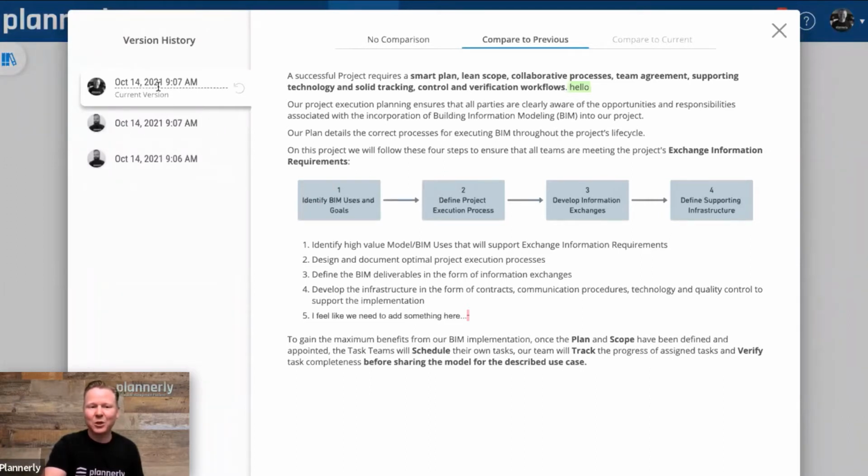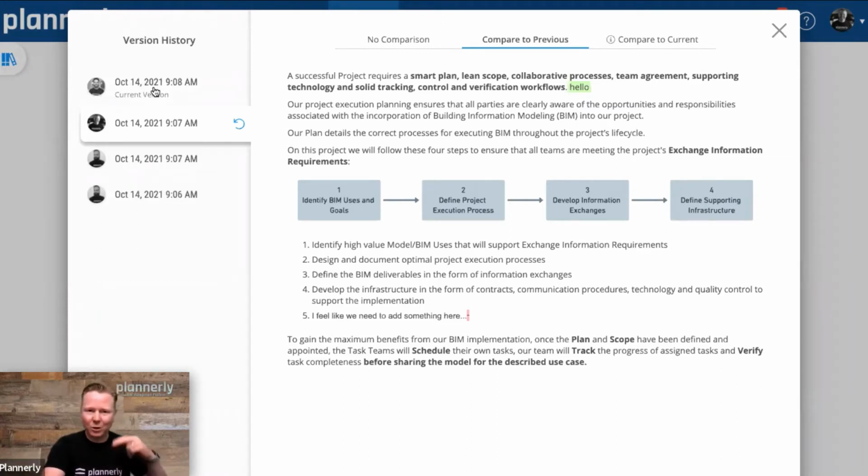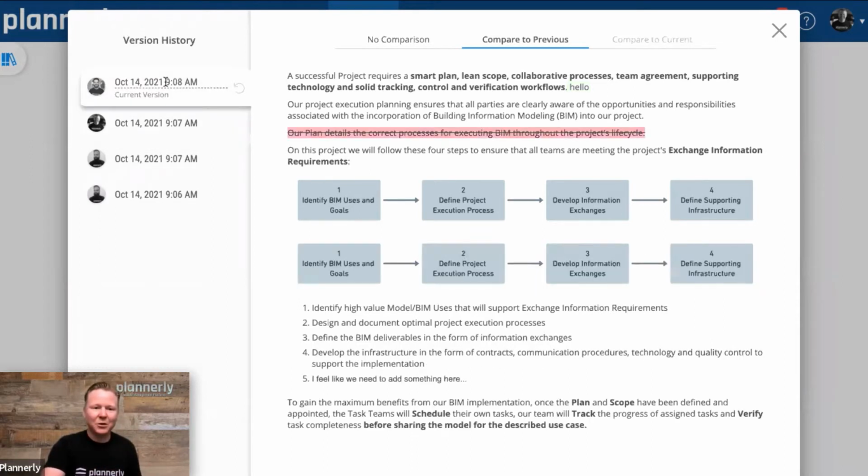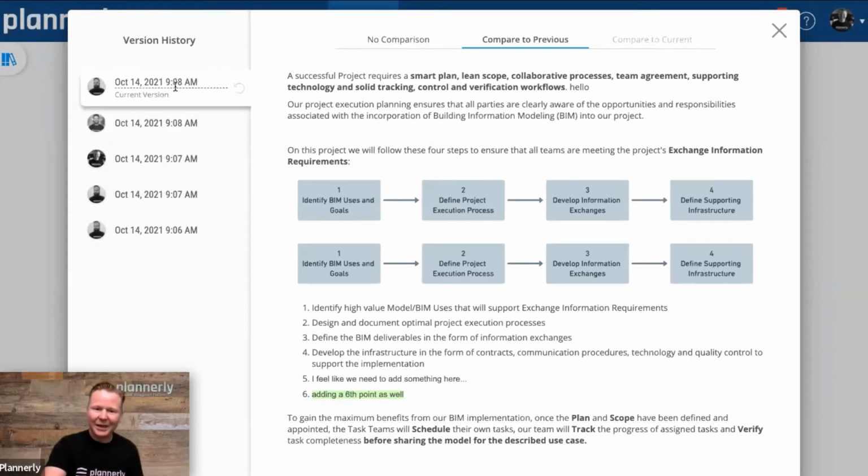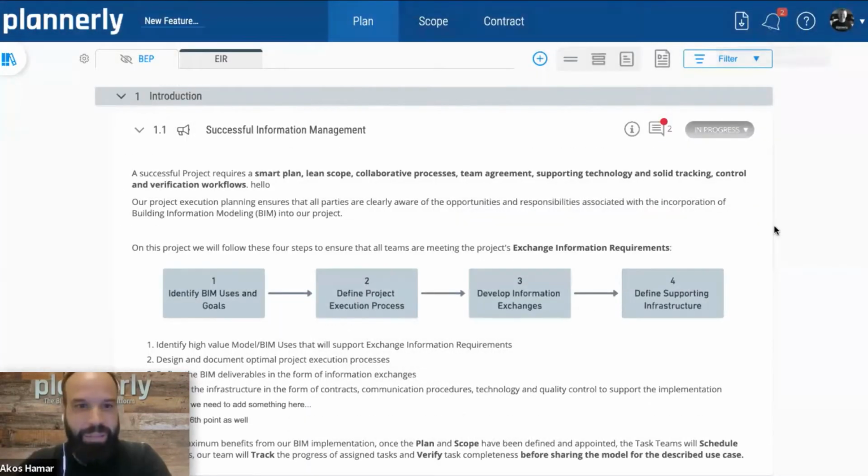I can see Akos also jumped in here. And Louis, if you can help us out and make some changes so I can see all of these versions and the history of who's making these changes coming through live. So if I go to Louis, I can see Louis has deleted a paragraph here. Akos, if you're making some changes, there we go. See, Akos has made some changes, and I can see that Akos has added another point in here as well. Very important point as well. Thank you, Akos. I'm happy I could help.